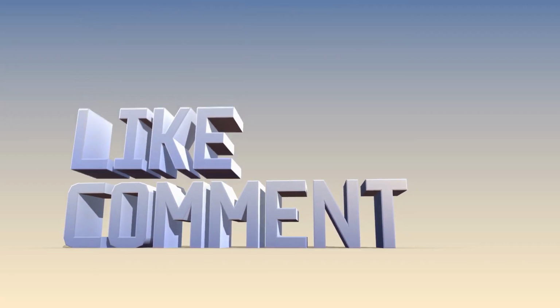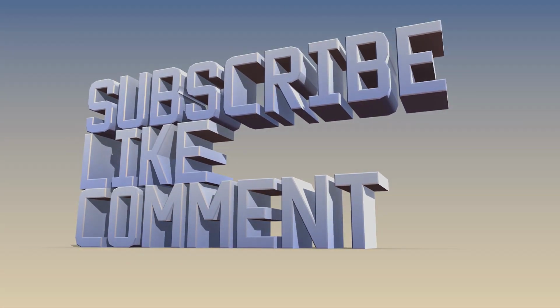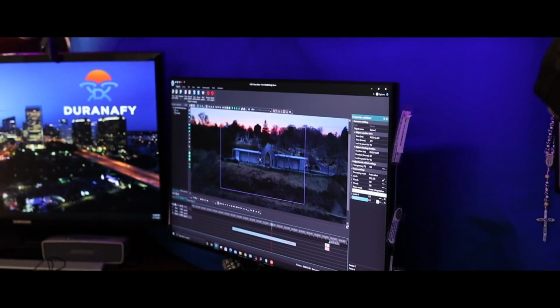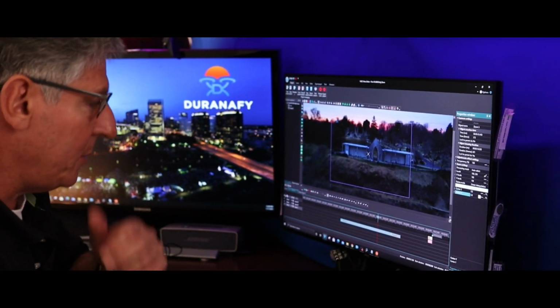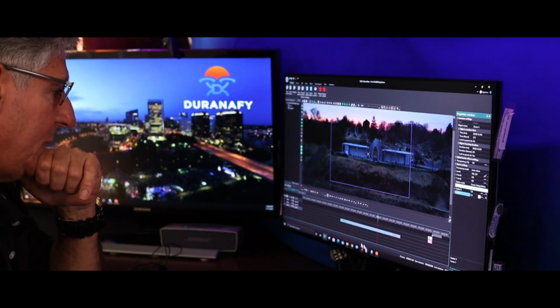Okay, so I'm going to show you how I do this on my system here. I'm using VSDC Pro, and I'm going to use those 3 objects to illustrate how to use it. Okay, so let me move my camera and show you how I use my software. Okay, let me push this back a little bit so you can see me a little bit. Alright, I'm going to start this recording